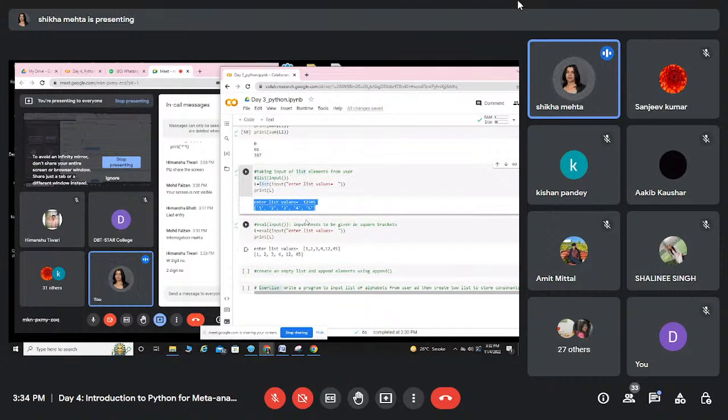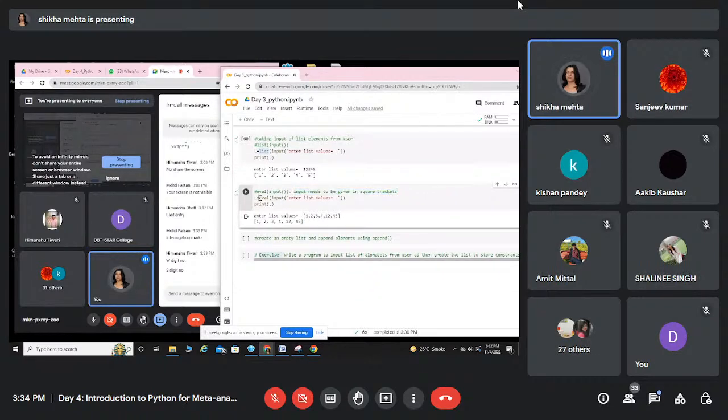So we have another method that is called eval input. The only thing you have to remember is that when we are using eval, in place of list we are just writing eval. The only thing required here is an extra effort: you have to give the input in the form of a list within square brackets only. So what do we do? We start with the square brackets. We say, let us say, a comma 23 comma 56 comma